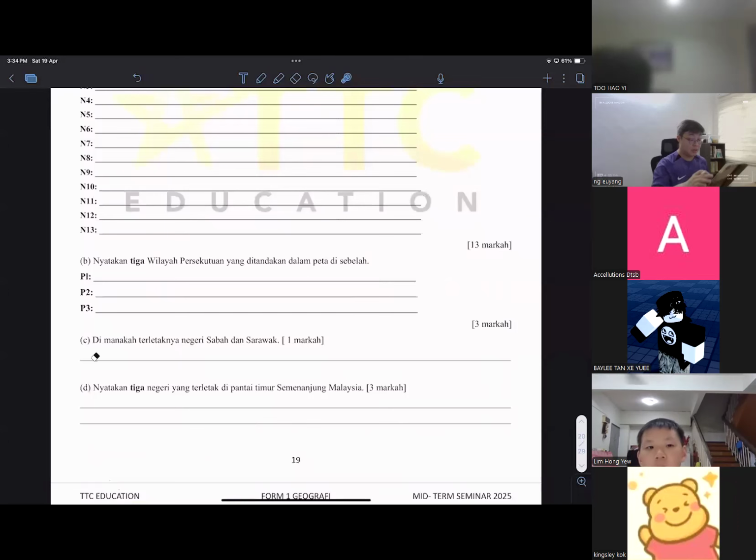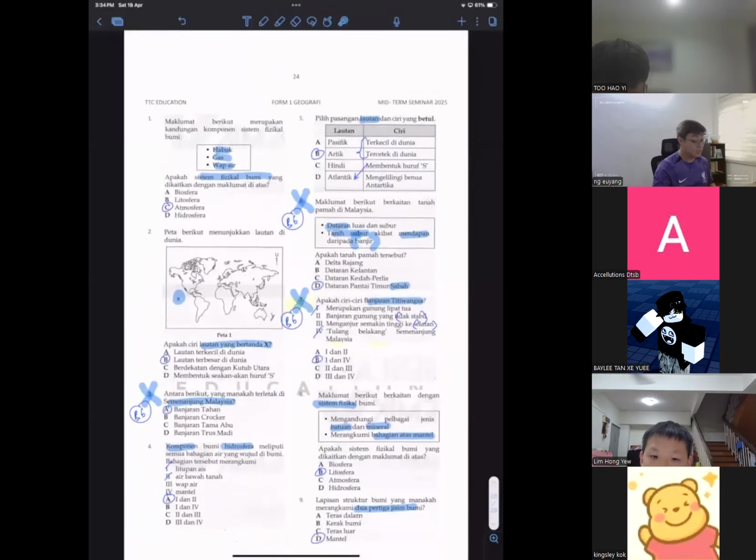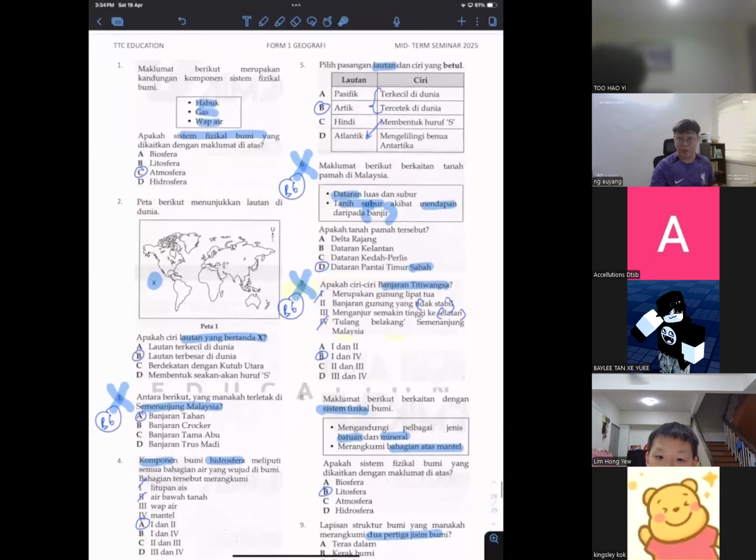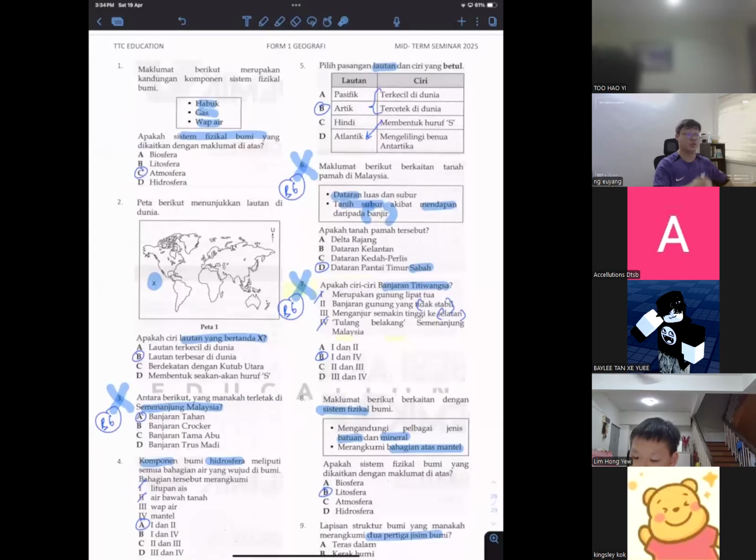Last 1 minute, try to copy all the answers from the objective. All the exercises here are not 100% going to come up in your exam. We just try to choose the relevant and easier questions for you to refer to, just to practice. The exam type answer most likely is going to come from our TDC tuition nota. So try your best to finish all the exercises. If you want the answers to the exercises that I'm not going to discuss during my class, just let me know which page you need. When I'm done preparing, I'll send it to you. So always try to get my team contact number.